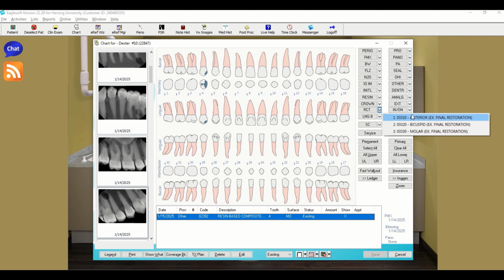is going to be root canal. There's your anterior, your bicuspid, your molar. For your amalgams, you have your 1, 2, 3, 4 surfaces. You have your lingual bar. Here are your sealants. So depending on where it is, that's when you're going to click the tooth and then